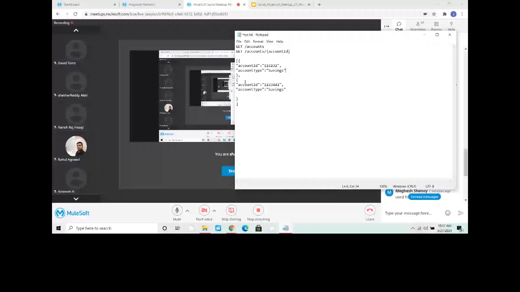Okay, I got a single account detail. In hypermedia, what happens? Basically, if you see, it will embed a link. It will say what is the next operation you can perform. So generally, if you see on the mobile application or web application,